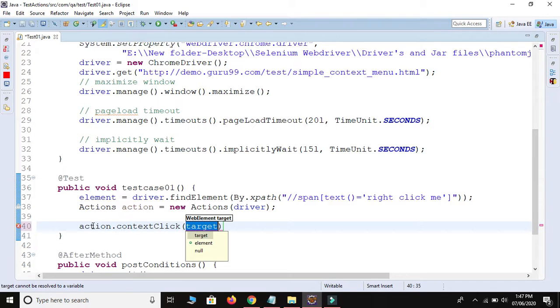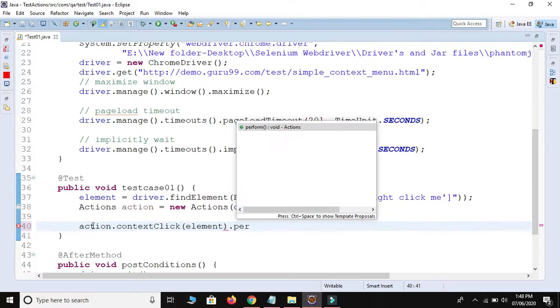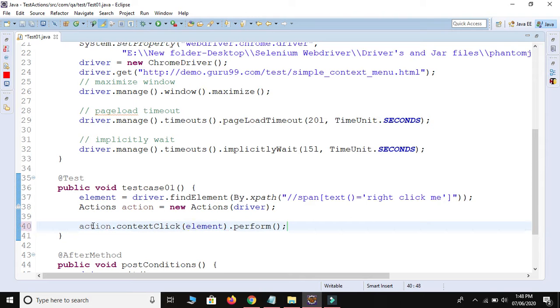The element we already inspected, so we provide element over here. And the rule is, whenever we use the Actions class we need to use the dot perform method compulsorily. Without this method we are not able to perform a single activity on the web page. So the perform method is compulsory whenever we use the Actions class.